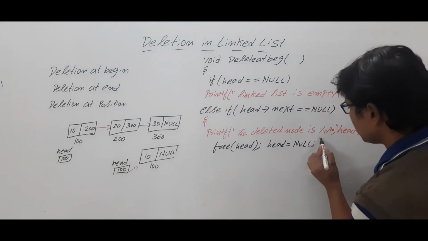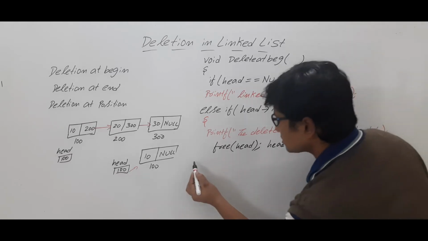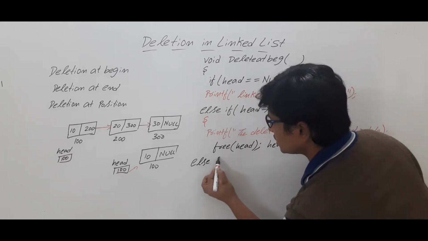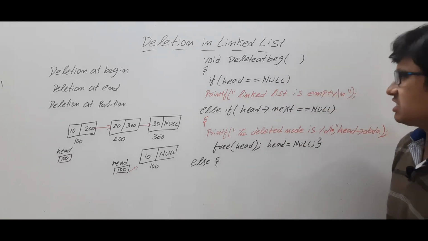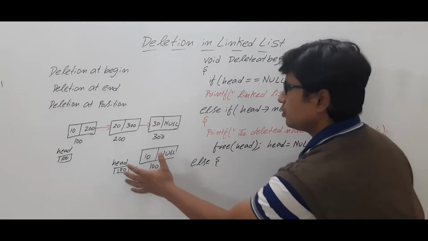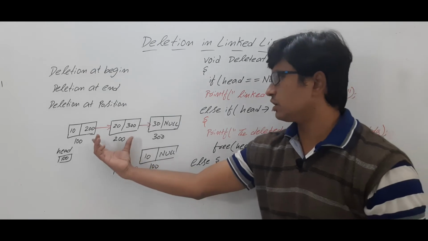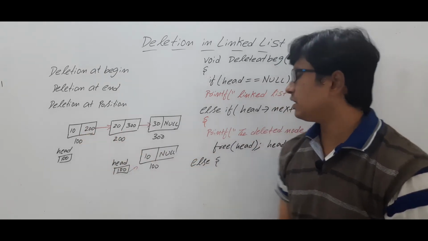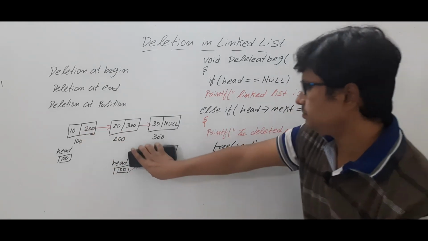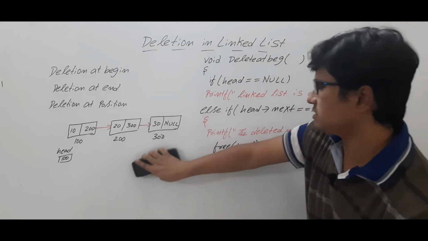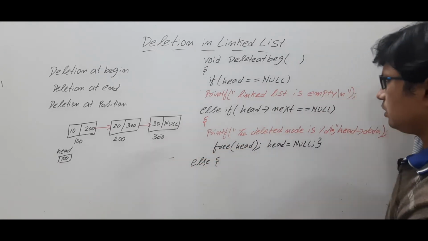Okay, let me close the else. If these two scenarios do not match, meaning the linked list is not empty and has more than one node, let's take this scenario. In this scenario, the linked list is not empty; it has more than one node. Now look at this scenario. How can we handle it? We will